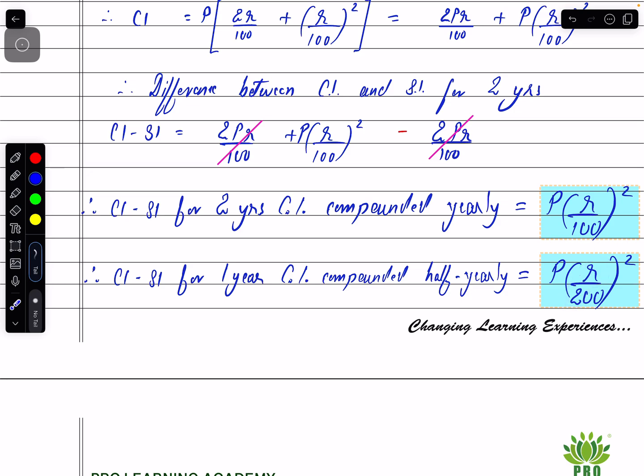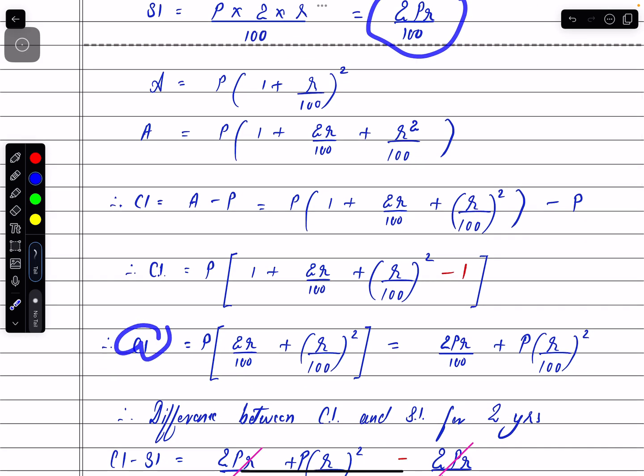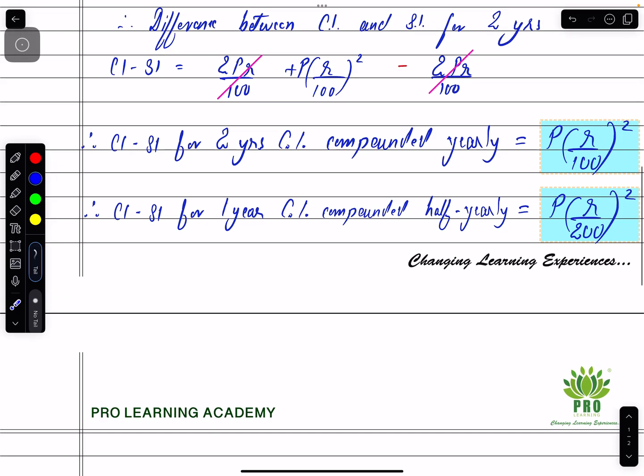So this is the formula that can be used, which can be very easy, which means you don't have to do the manual working for simple interest for 2 years, then finding the compound interest for 2 years. Rather, straight away use this formula and you are done. You can save a lot of your time. Thank you so